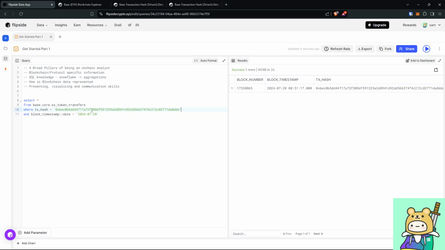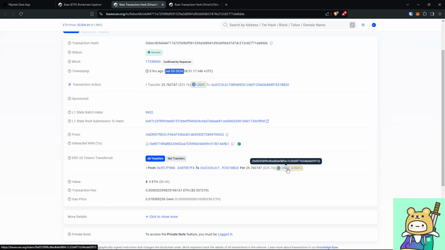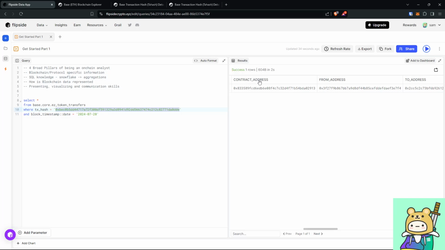Okay, so imagine if this is your transaction, right? You made this transfer, so you would know exactly what is represented in the tables, how it correlates back to what you did, right? So we've got a from address, to address, and then maybe you're not sure what contract address is, so you go back to the Block Explorer, and then maybe you hover over USDC. You can see that the address for USDC matches the contract address, and because you sent USDC, this contract address is the token that you've sent, and then amount, and then symbol, right?